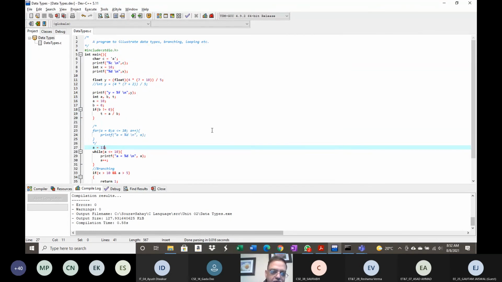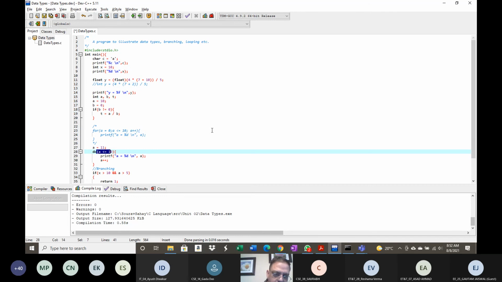However, if I give it here, this is a do while loop. This time you will notice that it will execute once.